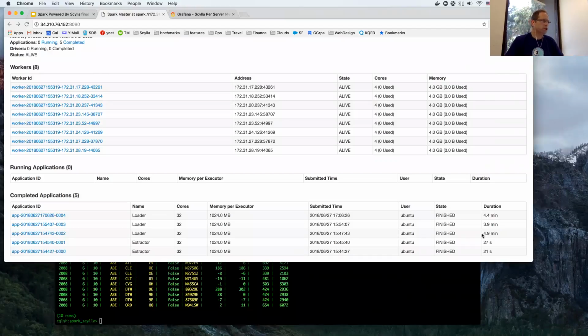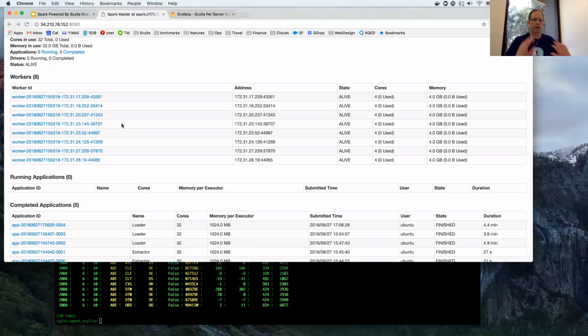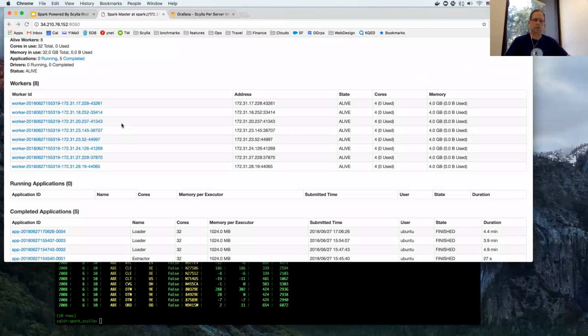Later on, we changed it. Instead of having 4 8-core machines for Spark, we changed it to 8 machines of 4 cores each of them. What happens at that point,